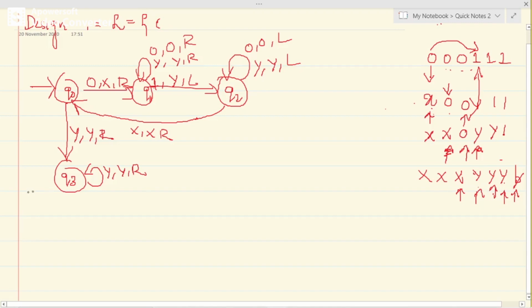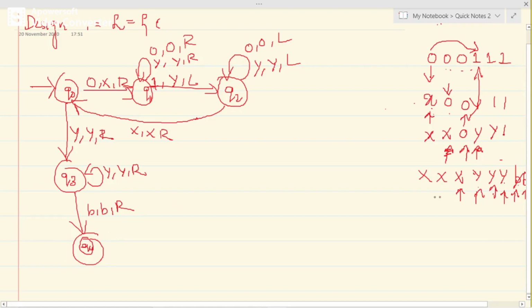Similarly in a problem there may be many y's, so you just take a loop. After taking a loop, where will you finally reach? Blank. So after reaching the blank, just do BBR. Don't replace. What is the meaning? That means there were an equal number of zeros and ones, and no more ones or zeros left. That's the indication. So when you do BBR, finally you land in the final state.